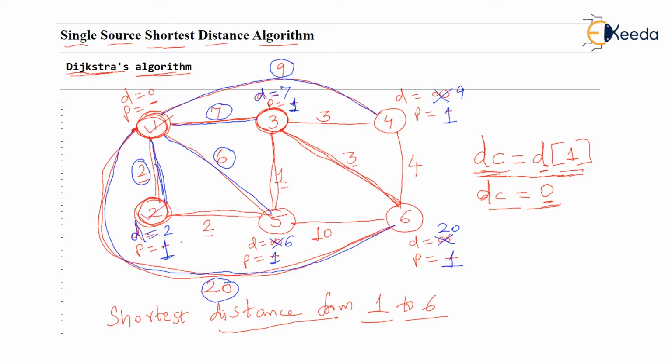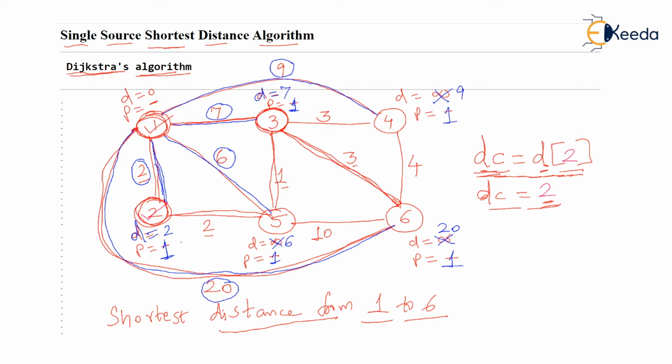Now we are processing second vertex, isn't it? So if we are processing second vertex, we should consider DC for the second vertex. I hope you are listening very carefully. Now you see, the DC at the second vertex, because we are at second vertex, DC is going to be D2. It's so easy. If you are at second vertex, DC is D2, and D2, observe, distance of second vertex is 2, so DC is now in this step 2. I hope you have understood that.